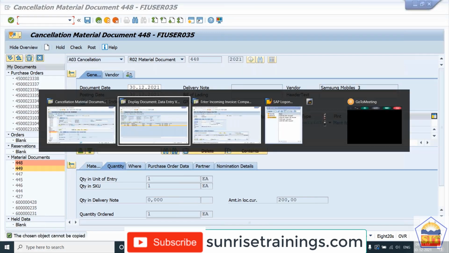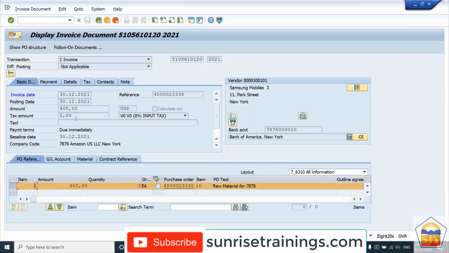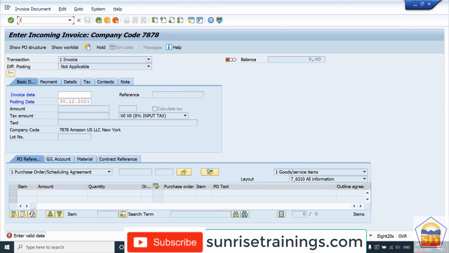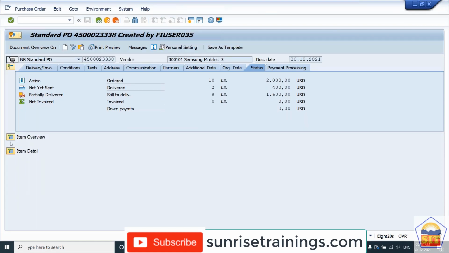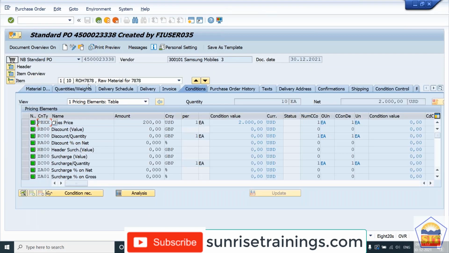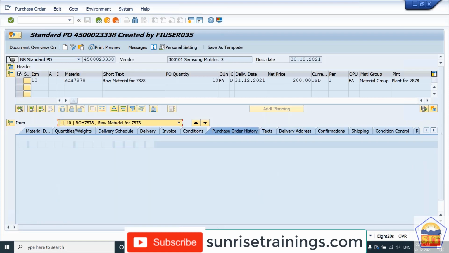So we can go to the PO, ME23N, and we can go to the line item. Here we can go to the item overview and we have the PO history.